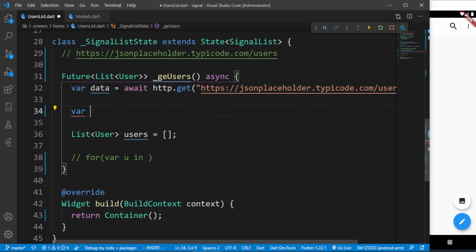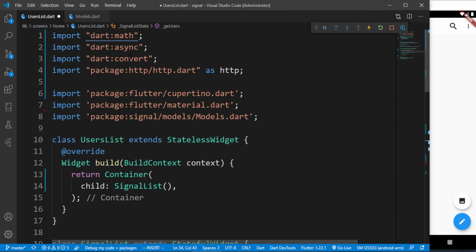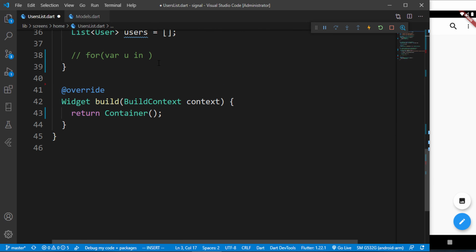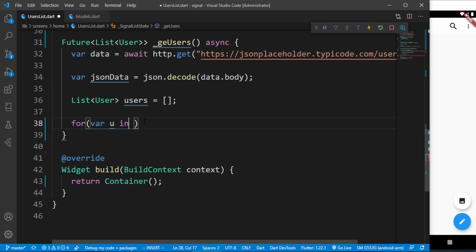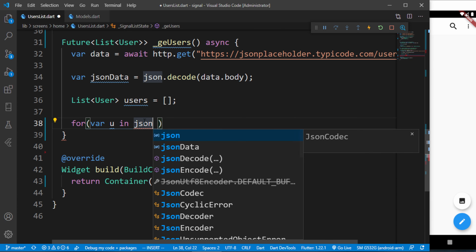So we can say JSON data is JSON.decode, and we want to decode the data.body, which is going to convert it to an object for us. So you can see right now we're using that convert function over there. Sorry, once more, back in the for loop, we can just say for each of the user in JSON data,